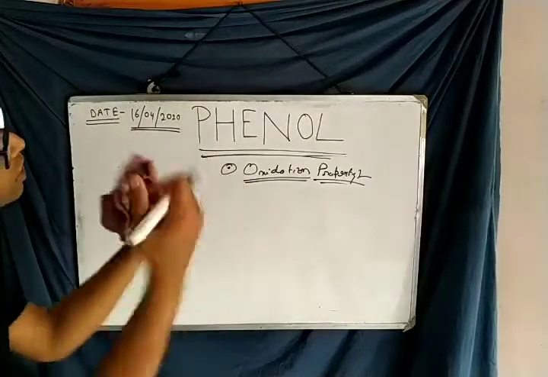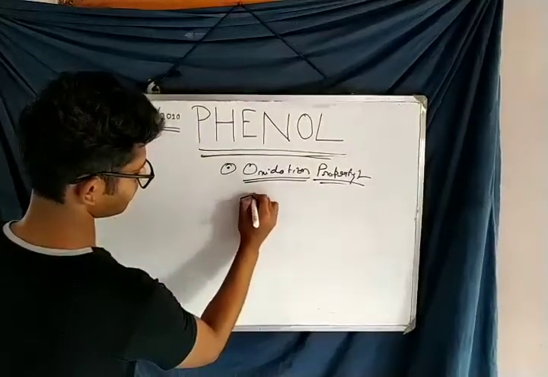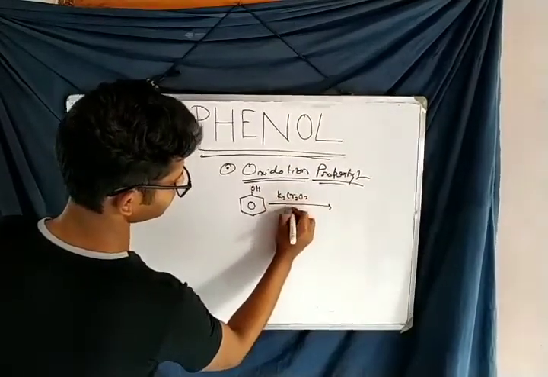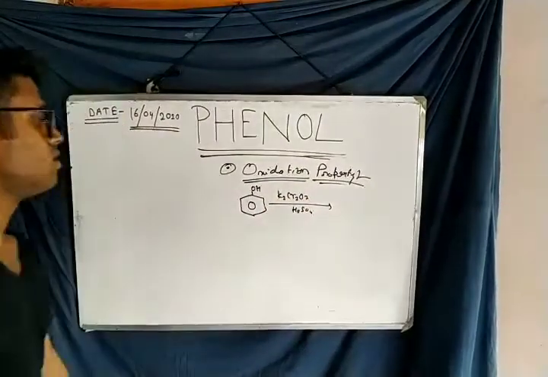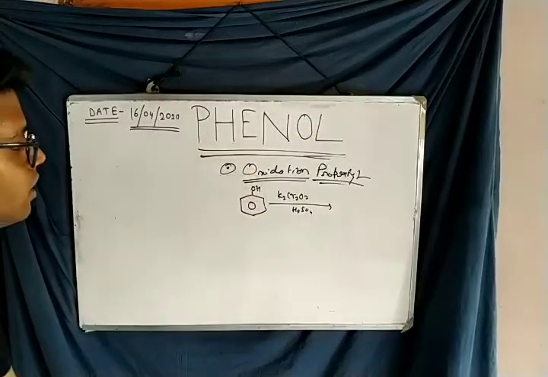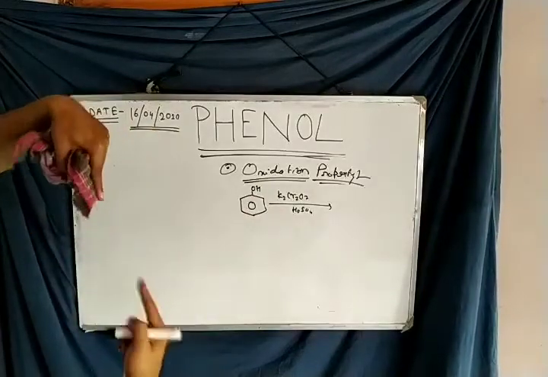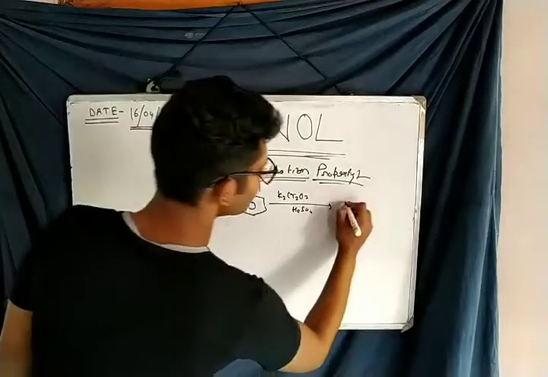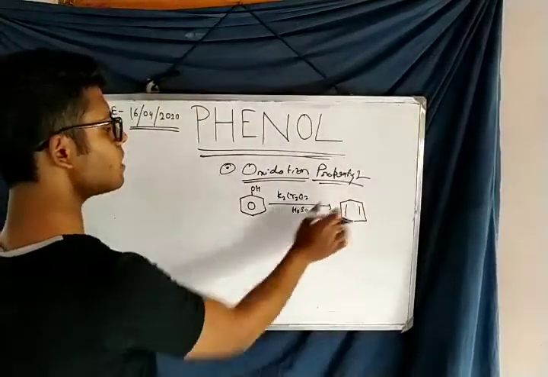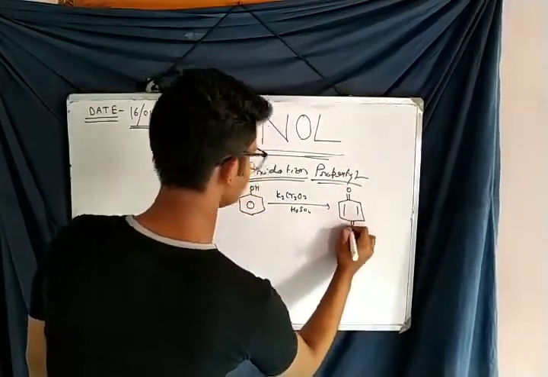So similarly I have also used this reagent on phenol. We use K2Cr2O7, H2SO4. So the compound obtained from this reaction by oxidizing phenol: here in these three bonds, one bond is going to attach on two sides, on two parts of the phenol. What will the compound be? This is the compound. Two bonds are obtained in these two parts, one bond is going out and two bonds occur on both sides, in both parts of the phenol.